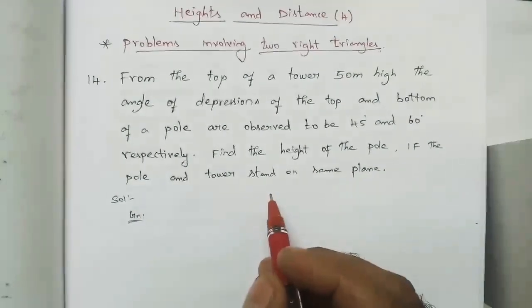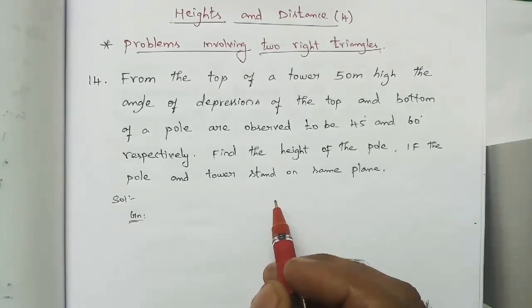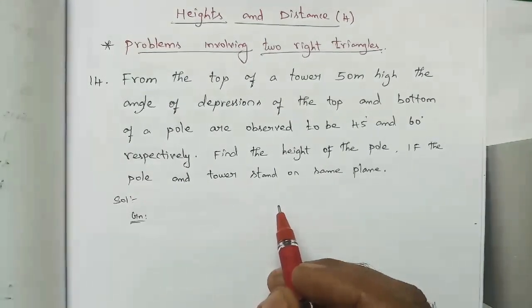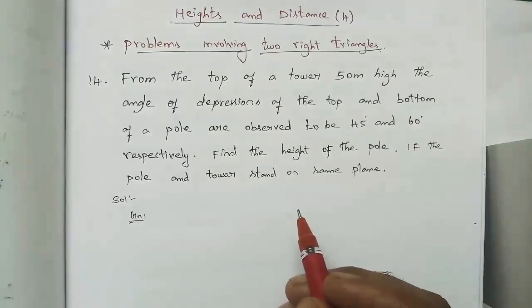So we have two right angle triangles. For each triangle, we will get one equation, so totally we will get two equations. By using the substitution method, we are going to find x and y. But with the help of the trigonometry ratio, we are going to form the equations. How are we going to form the equation?